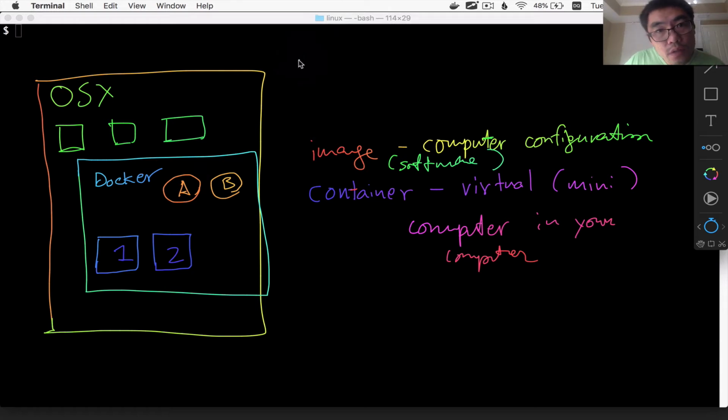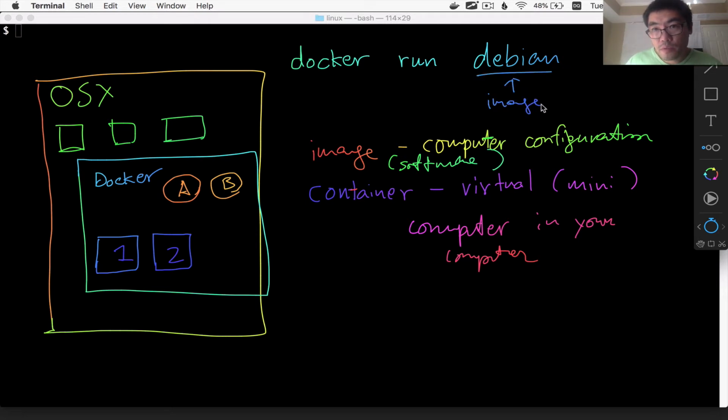So when you run a command like docker run Debian, that is the image name. What docker run Debian does is say, can you instantiate a new container for me using the Debian image.